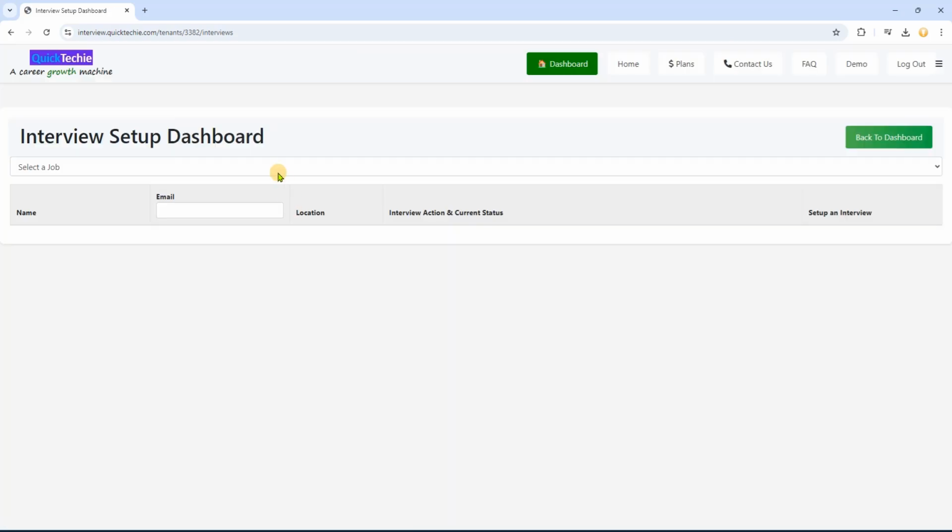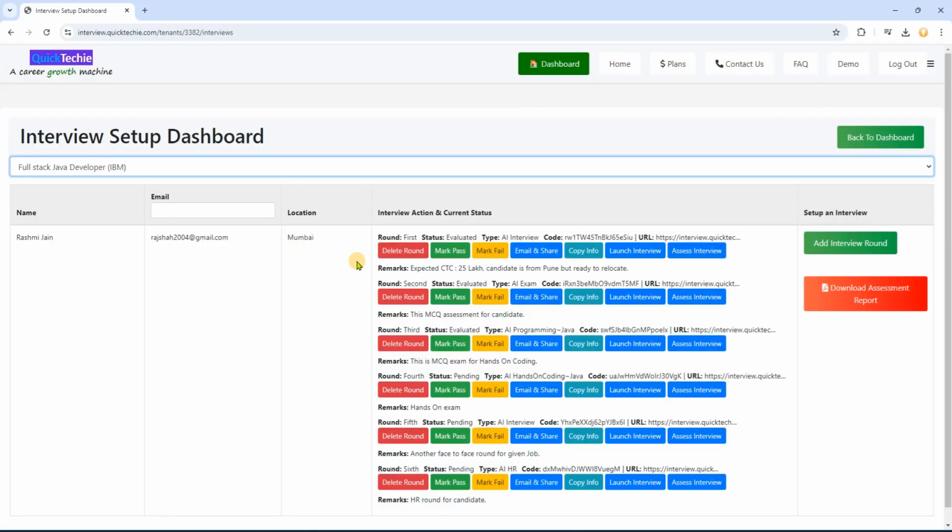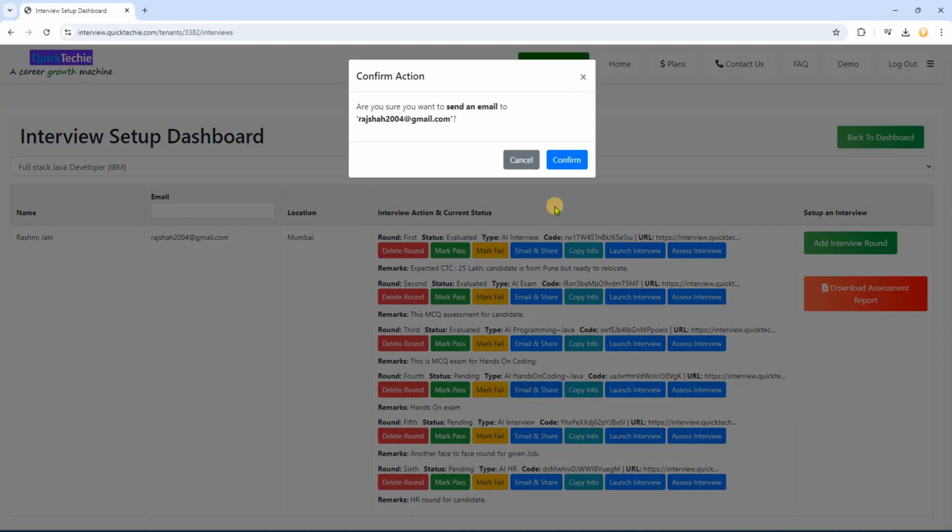In this demonstration, we will go through the next, fourth round of interview for a full-stack Java developer for IBM. If you see, three rounds of interview are already evaluated. You can set up a new interview anytime, and anytime, in any order, you can share interview info with the candidate, and they can appear in the interview as per their